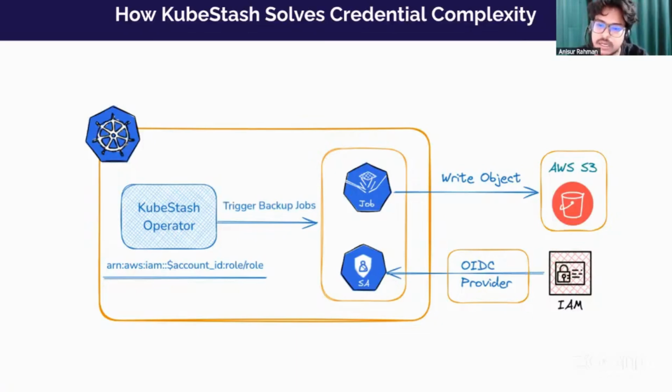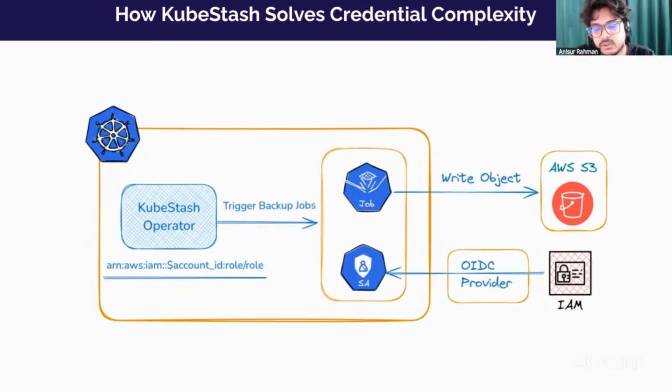Once the webhook finds that any pod has a service account with the ARN value, it communicates with the OIDC provider of AWS, gets the temporary credential from it, and appends those credentials to the pod environment variable,